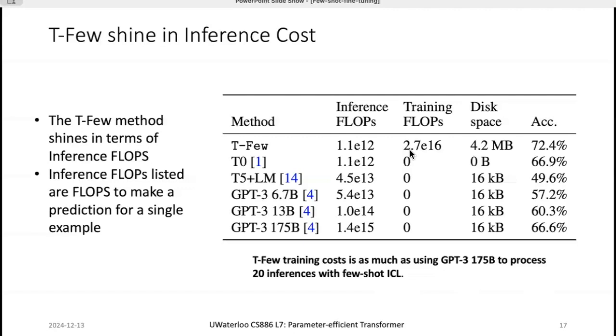What is more interesting is T-Few, the training cost. If you look at this, comparing it to the largest GPT-3, this is only 20 times comparing to this, right? So if you multiply it by 20, you get roughly this, which means that the training cost of the few-shot fine-tuning is just as running, you just call GPT-3 20 times on 20 examples, right? And the more inference you run, the more cost you are going to save with this few-shot fine-tuning version of the model,